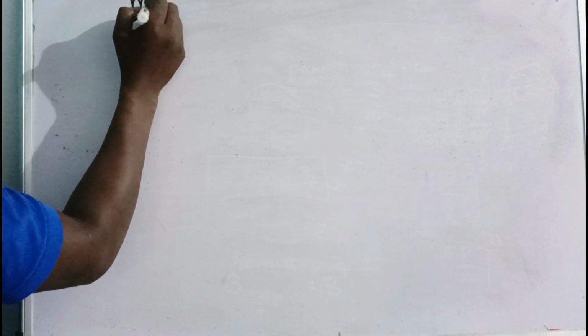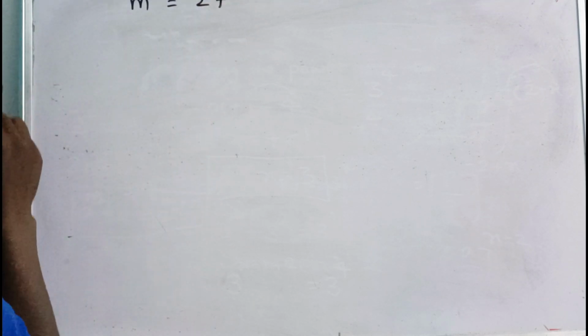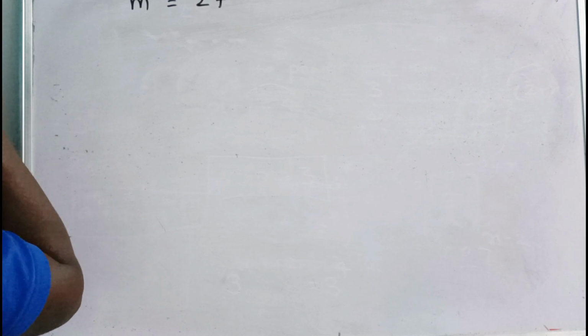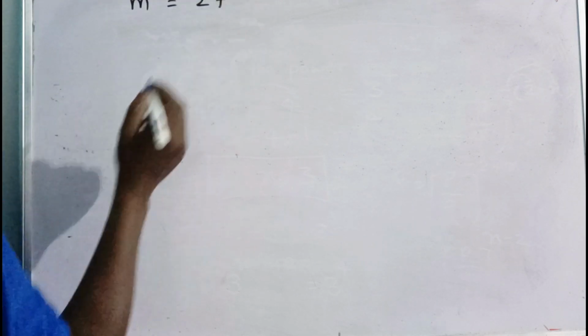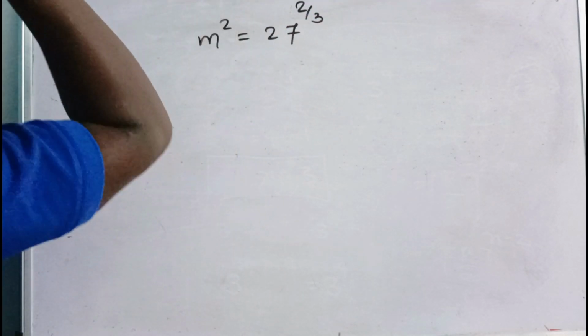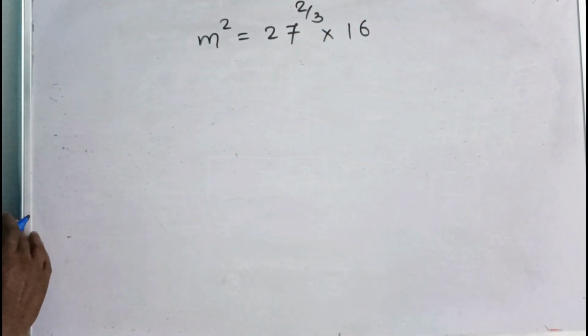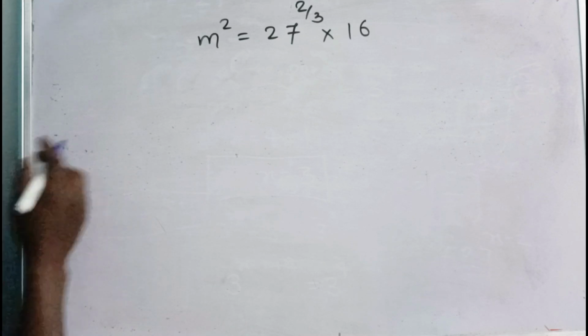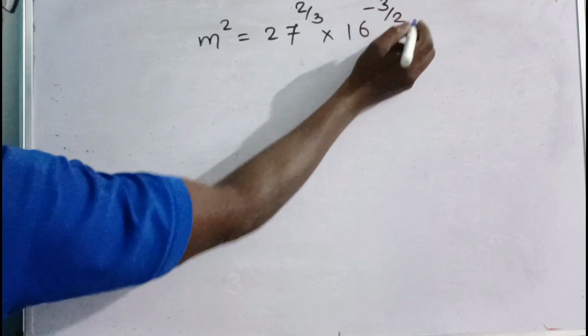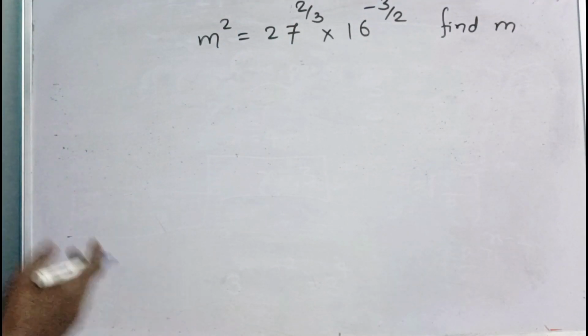Now m square is equal to 27 raised to the power 2 by 3 into 16 raised to the power minus 3 by 2. Find m. m की वैल्यू निकालना है।